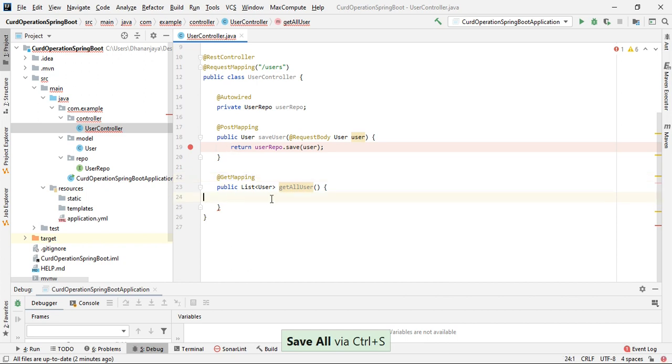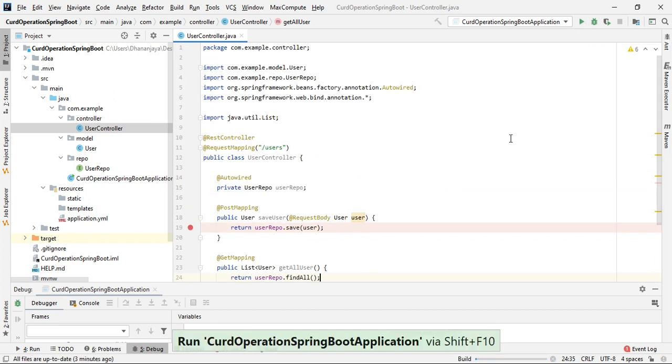Okay, so what we'll do here is return userRepository.findAll. Okay, let's try with this. Let's run the program.